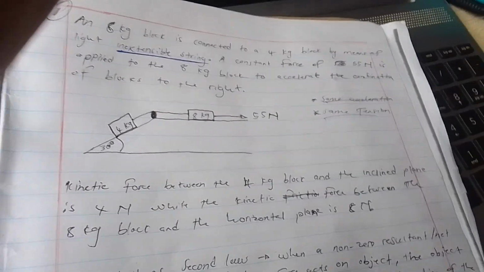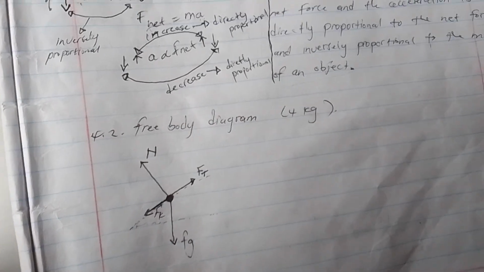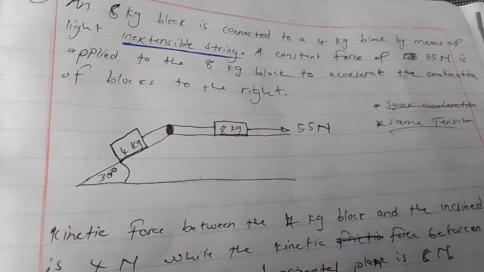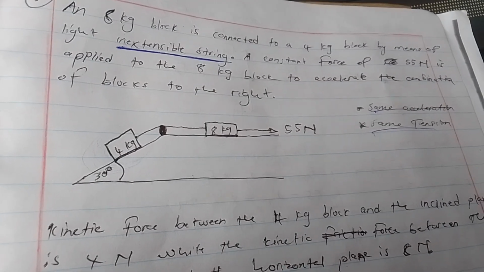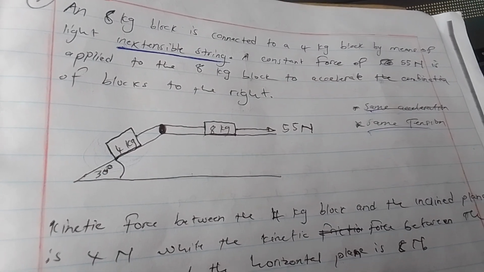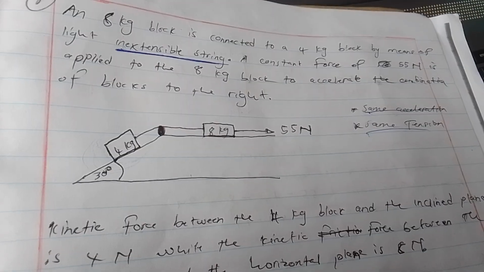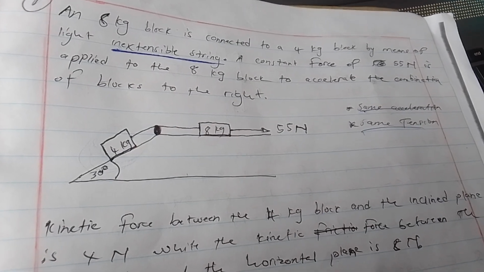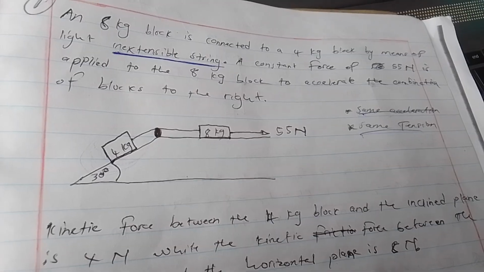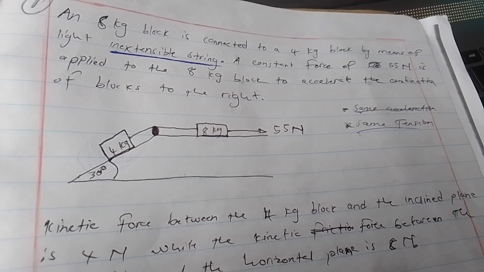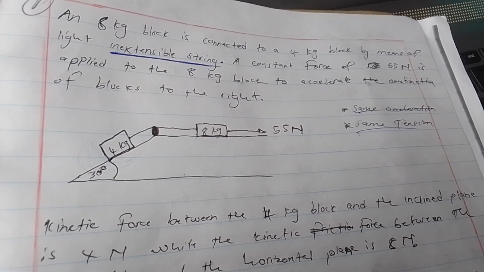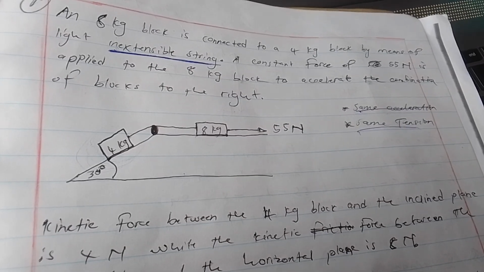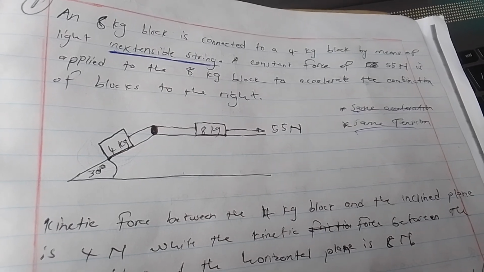Let's go. We're on our free body diagram of our 4 kg block. You can see our 4 kg block, and don't forget the forces that act on our object. Mostly when a block is placed on a plane or something, the forces exerted on our block include a normal force, a frictional force, an applied force, a gravitational force,